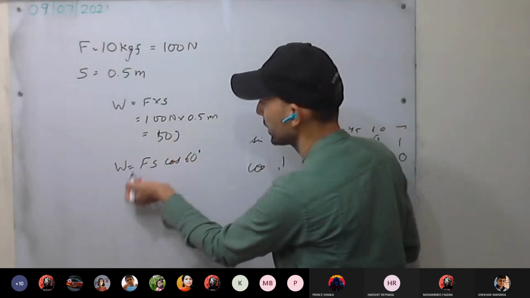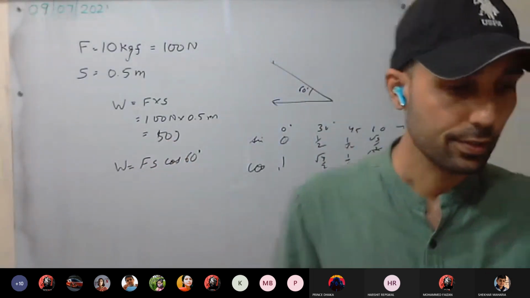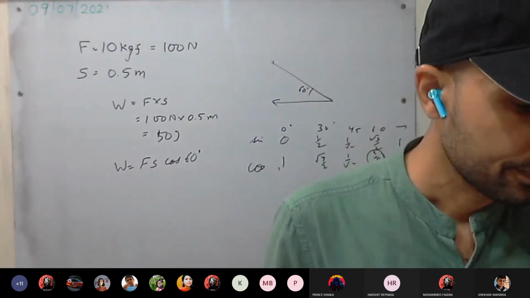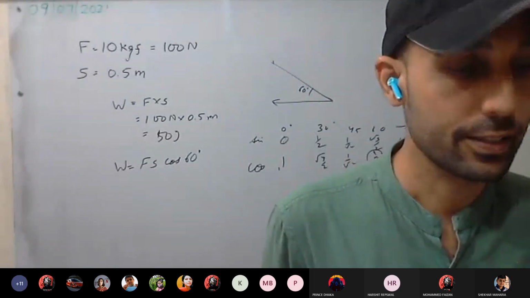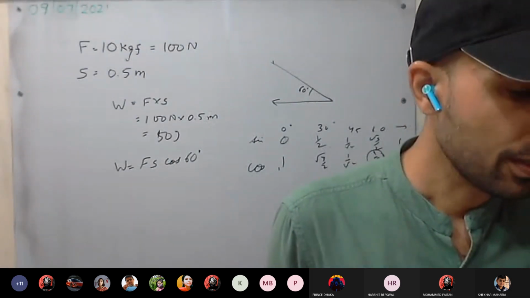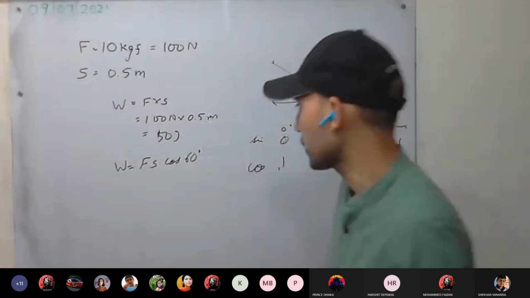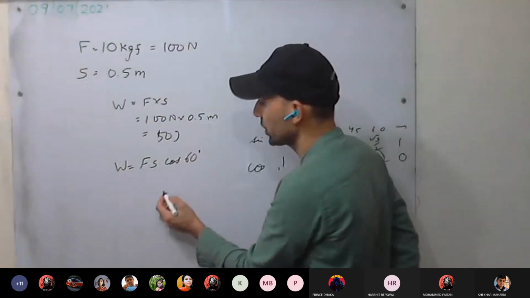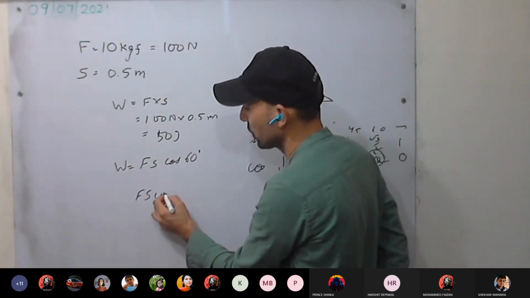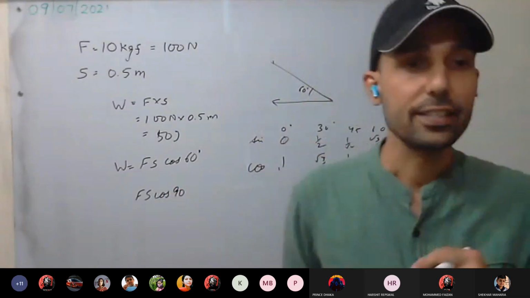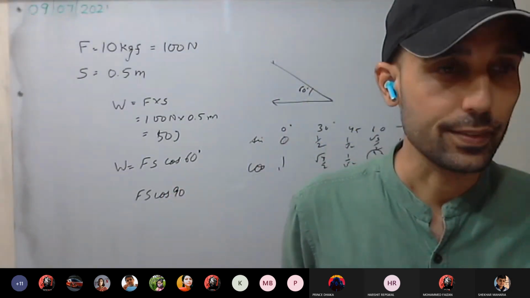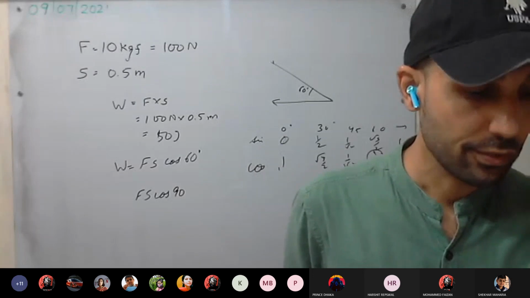So it will be how much? It's half, it will be 25 joules. Okay. Everyone have understood? Anyone who doesn't understand, please tell. Okay. Normal to the force. When the displacement is normal to the force, this angle will be how much? First cos 90. Cos 90 is how much? It's 0. So no work is done. Okay. 0 work will be done.